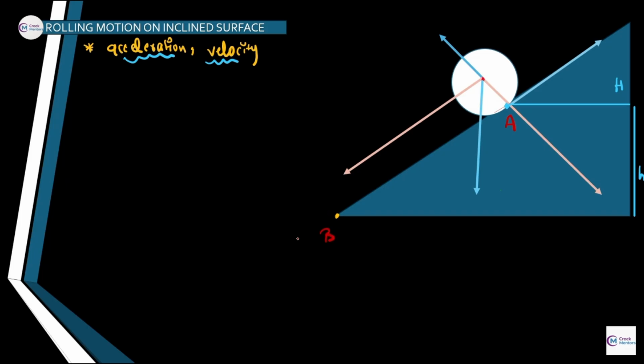I am hoping that this is very clear to you. Now this is angle theta. If this is the angle theta, then this must also be angle theta. Sir, why? Explain to us. Okay, I'm gonna explain it. If this is the angle theta, then it is also going to be angle theta. Just give me some time to explain it.